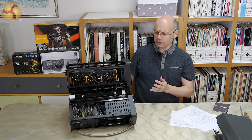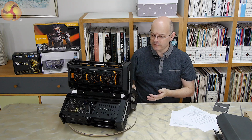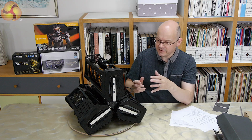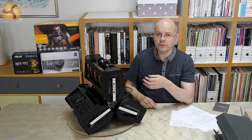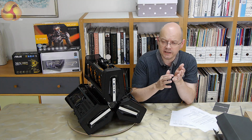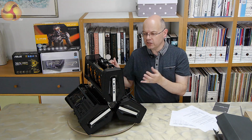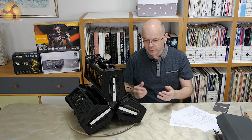And I look at it and I'm thinking, well, it needs to be on your desk to make any sense whatsoever, in which case you need quite a lot of desk space. And my instinct is, well, it doesn't really fit in with my setup. On the other hand, you may look at it and go, it's just absolutely incredible. It's very much an aesthetic thing, and it's very much a personal choice. If you like it, if you admire the styling and the thinking behind it, then we can move on to